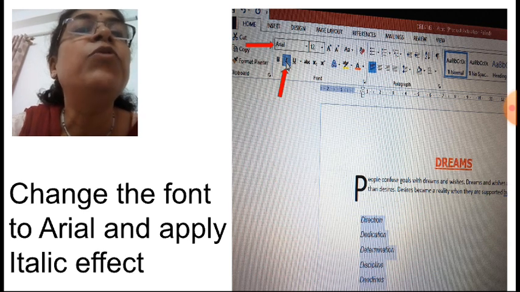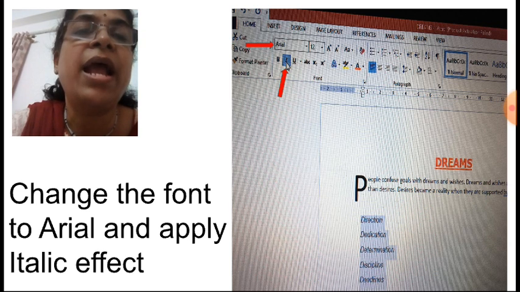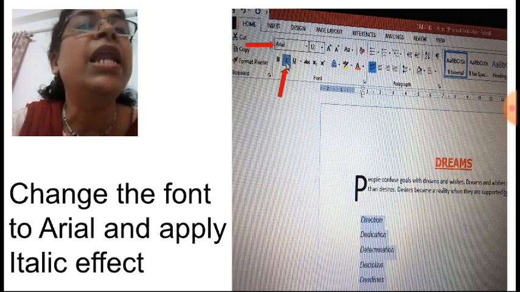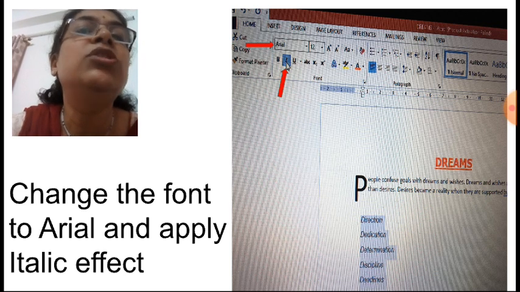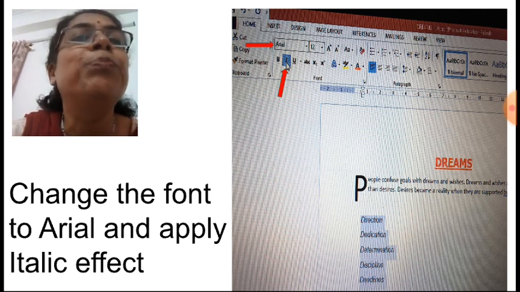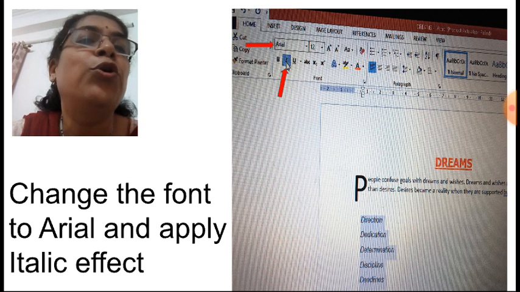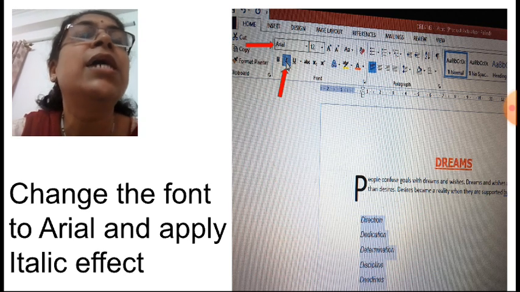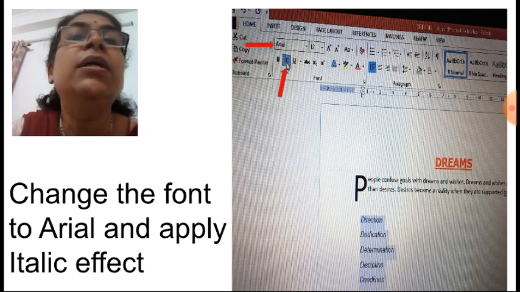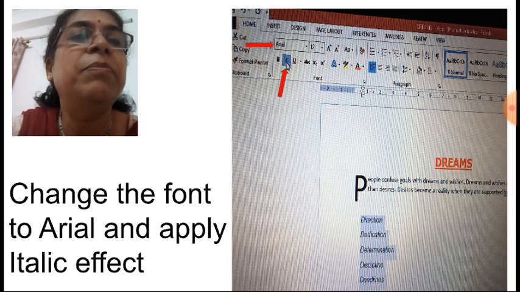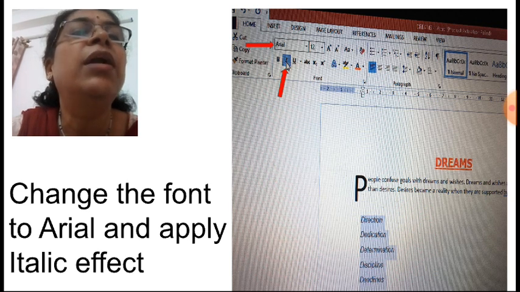Before giving bullets, we want to make the font Arial and apply the italic effect. Arial and italic effect options are available in the font group. So click on the Home tab, font group. The text is already selected. Earlier the text was Tahoma, correct? Click beside that word, one downward arrow is there.